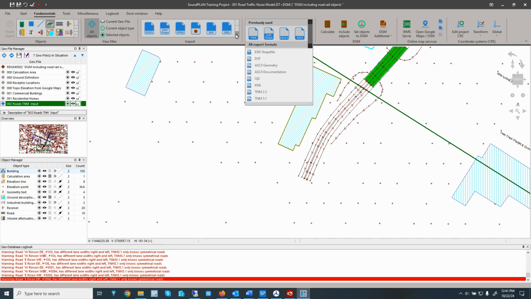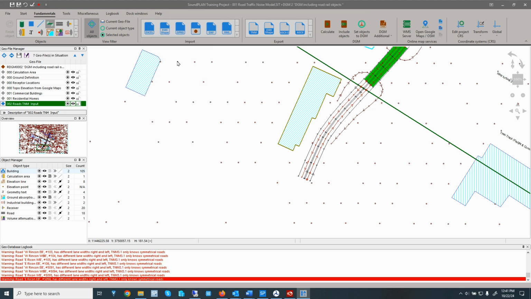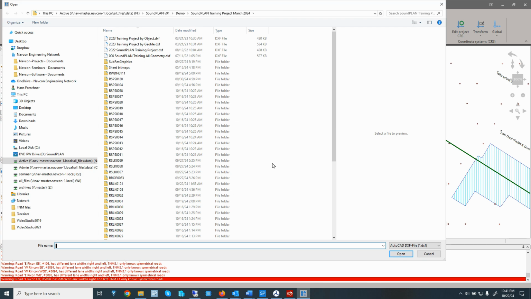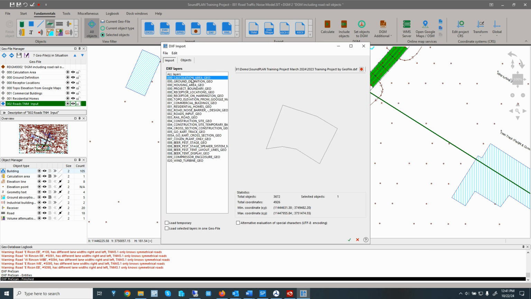Now in the file import, there are a few notable changes. The DXF import is now a little bit more elaborate in terms of the preview. If I open up a DXF file, the program will now show me all layers, and as I select specific layers, and go down here with my arrow from one layer to the next, you can see each individual layer is displayed by itself.